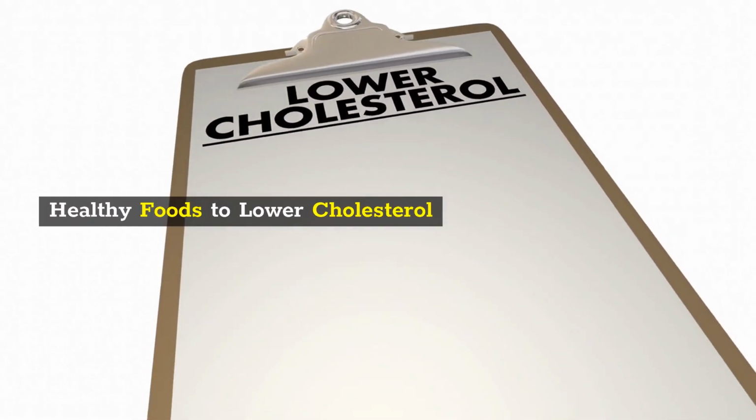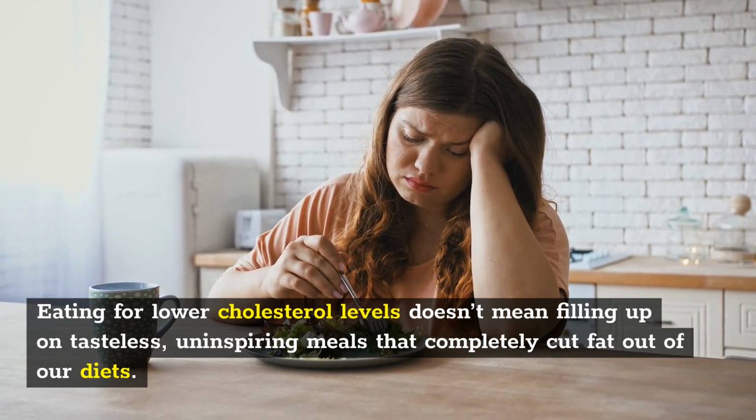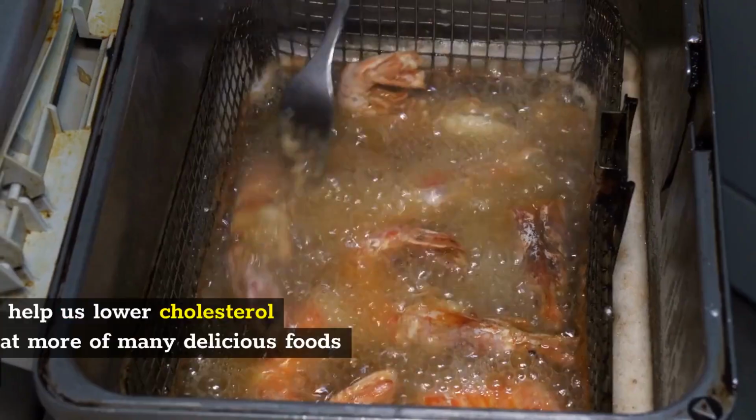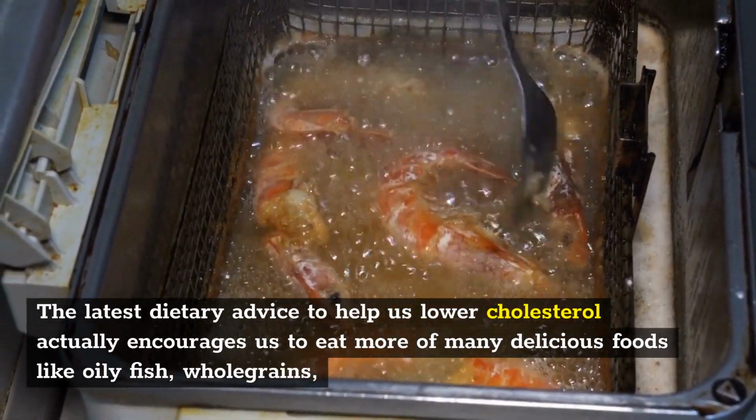Healthy foods to lower cholesterol. Eating for lower cholesterol levels doesn't mean filling up on tasteless, uninspiring meals that completely cut fat out of our diets. The latest dietary advice to help us lower cholesterol actually encourages us to eat more of many delicious foods